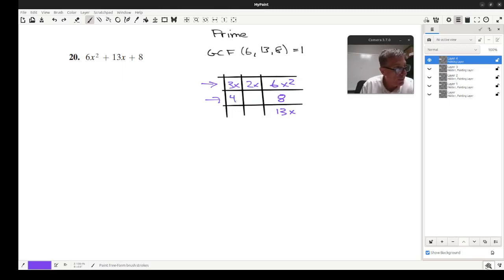So I only have 4 and 2 left. That's going to give me 12x and 4x. That's not going to do it. And we can do 2 and 4. That's going to give me 6x plus 8x. And again, that's not going to do it. So we tried everything. So it turns out that this particular trinomial is prime. And that means it cannot be factored into